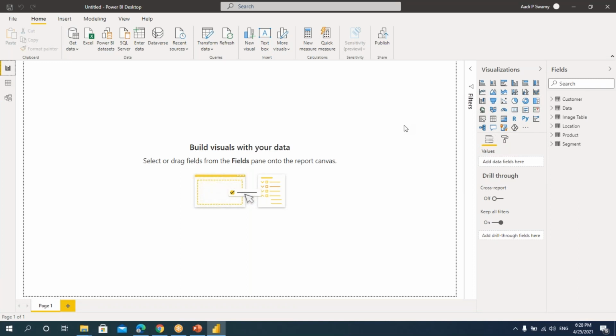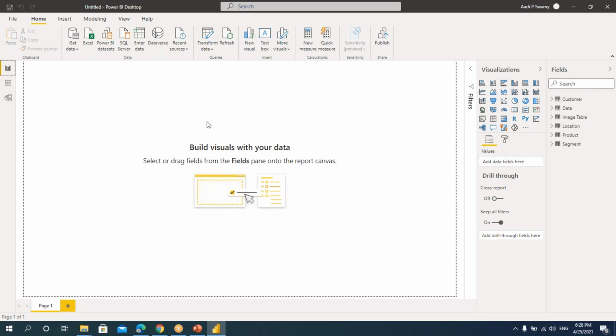Now we'll see how to clean the data. The modifying of the data can be done in the beginning only while we are importing. I wanted to show you how the data will get imported. So I just took that data connected and I imported here. Now also we can modify the data.